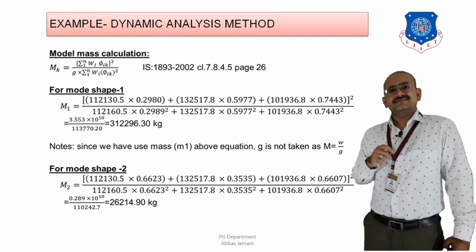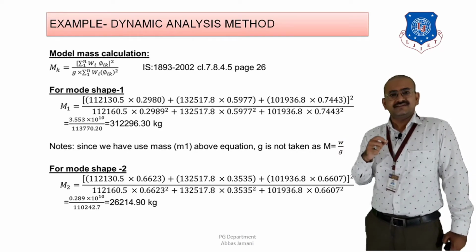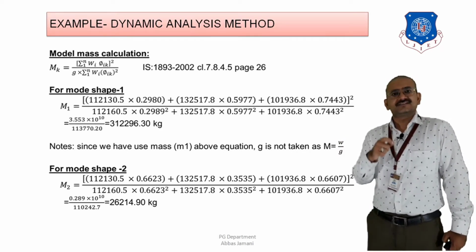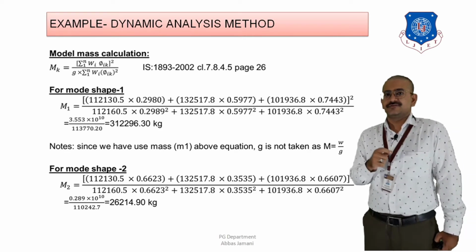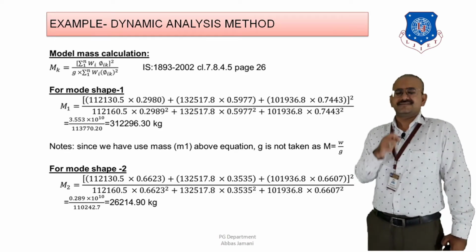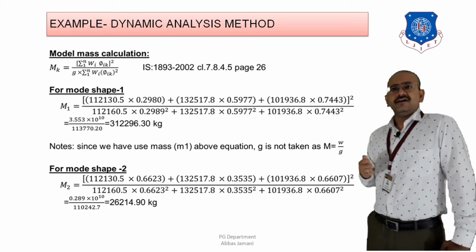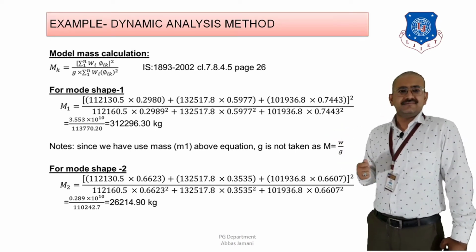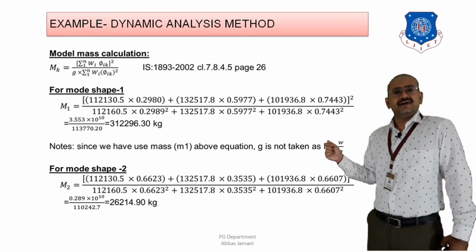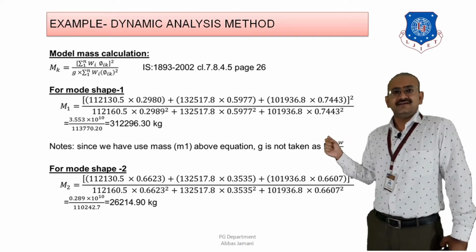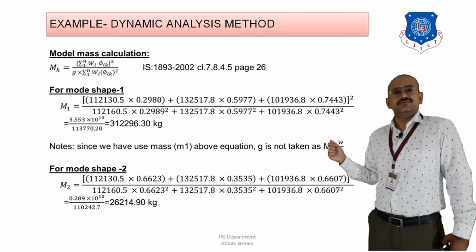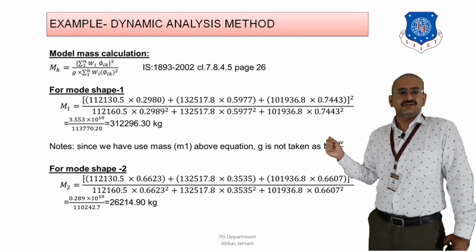Now IS 1893 gives you all these formulas that we are going to discuss here. It is present under the section of dynamic analysis in IS 1893 2016, and I am taking the reference from that particular code only, right? So if I look at the formula for calculation of modal mass, it is given by the summation from i equal to 1 to n of Wi into phi ik, the whole square, divided by the summation from i equal to 1 to n of Wi into phi ik squared.